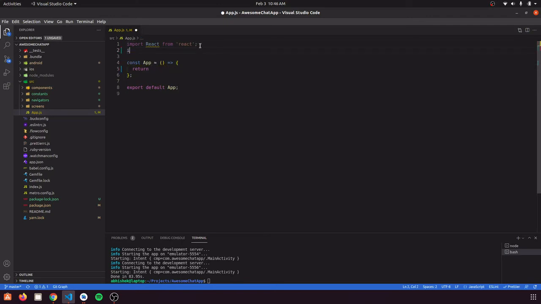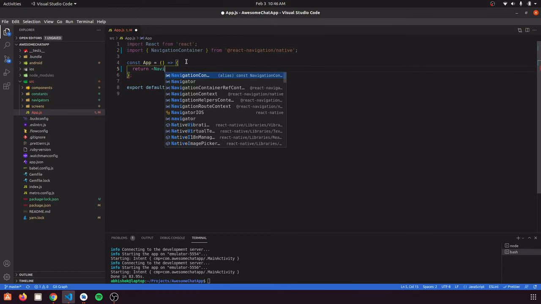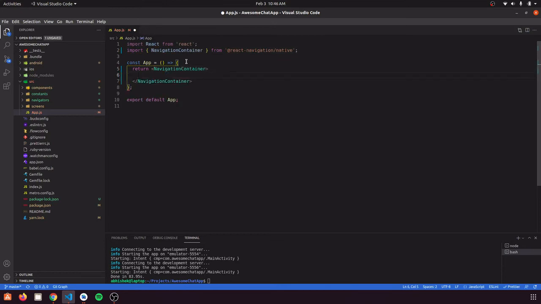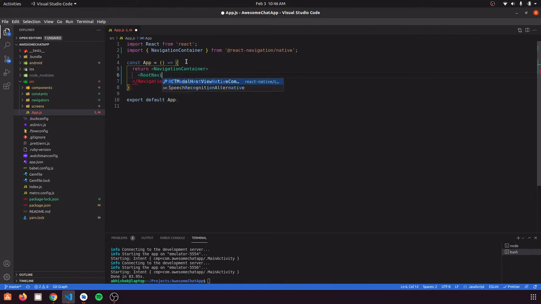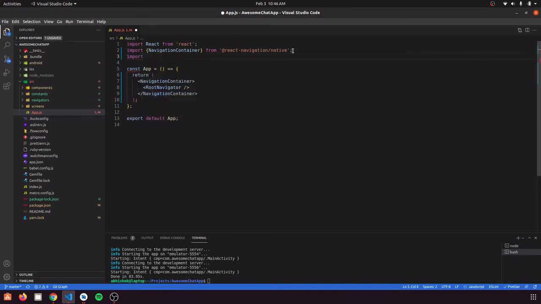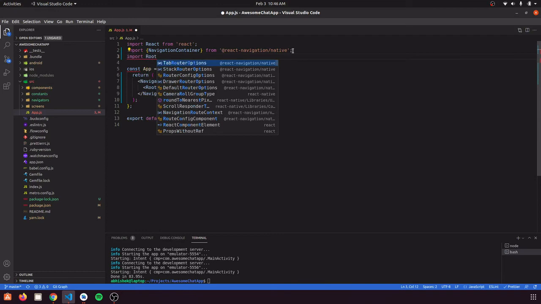So we are going to import navigation container, and we are going to return this root navigator inside that navigation container. So we need to import that root navigator also.